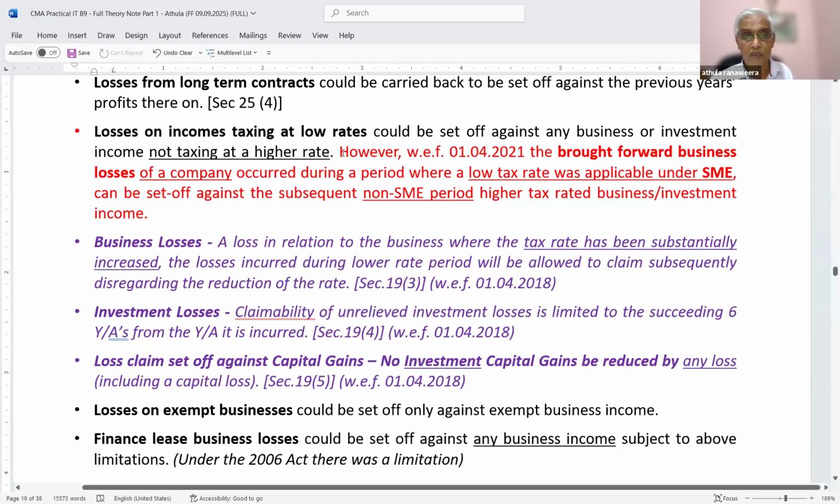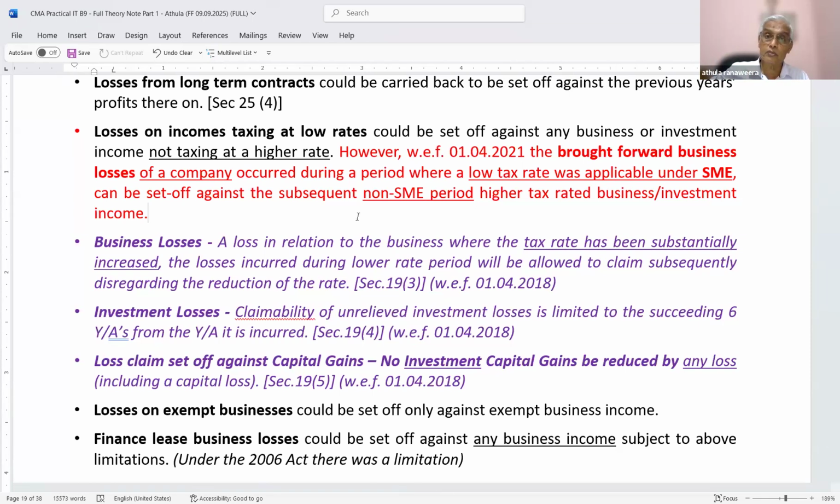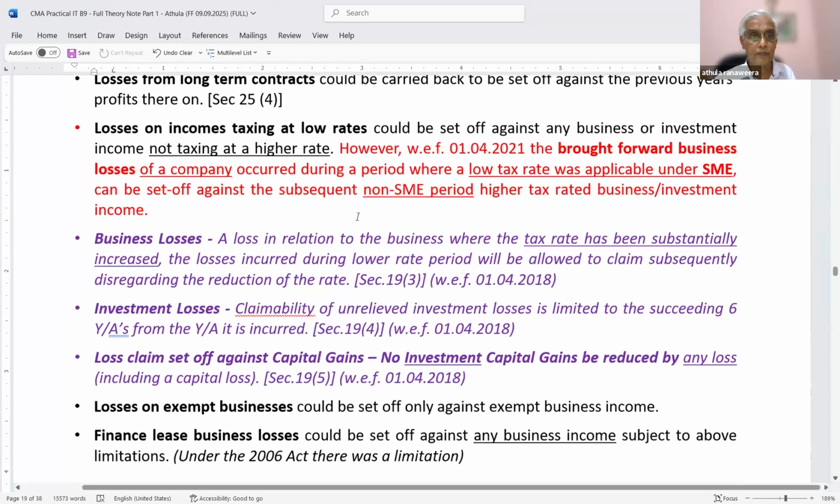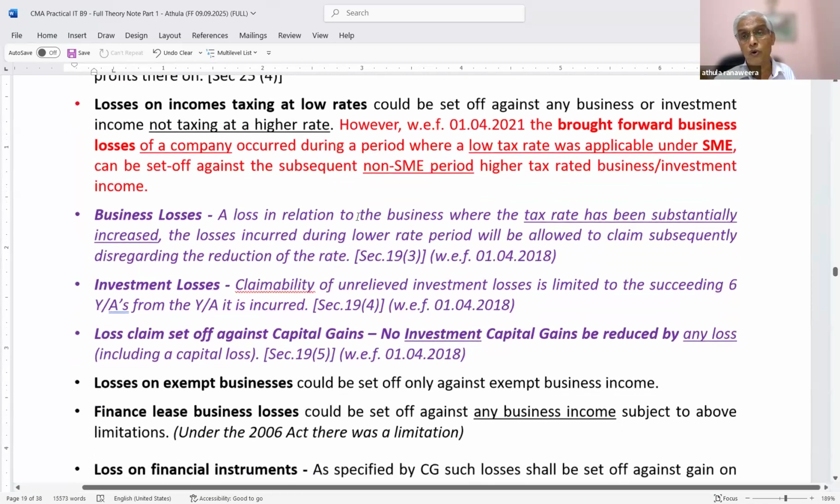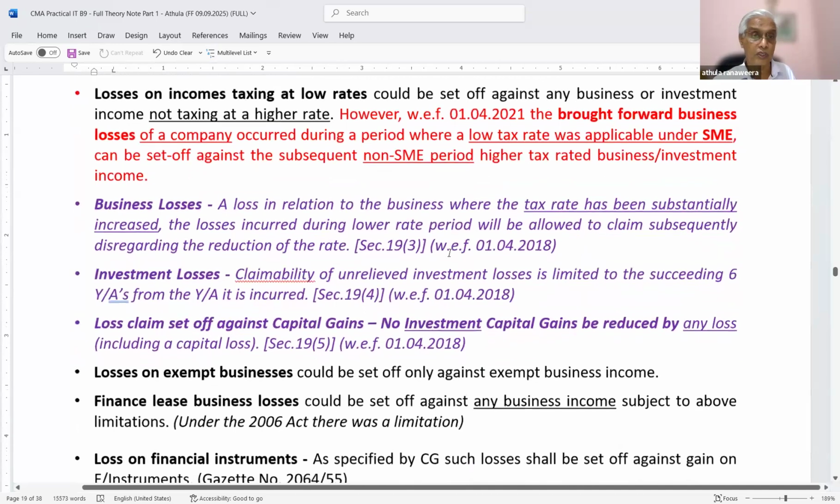But my question, what about other individuals? In 1 year, their tax rates were only up to 18%. Then they increased it to 36%. That part also they could have covered here, but they have not covered it. But even though they have not amended the law specifically to cover that, you can enjoy that. No problem, you can enjoy it, because the rate change is not your problem, beyond your control.